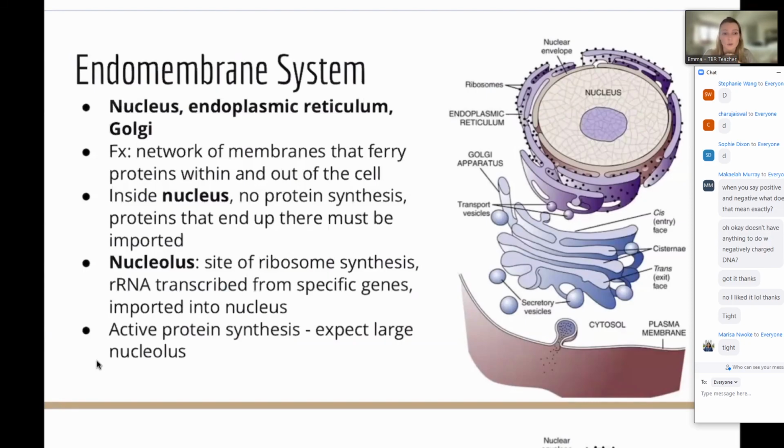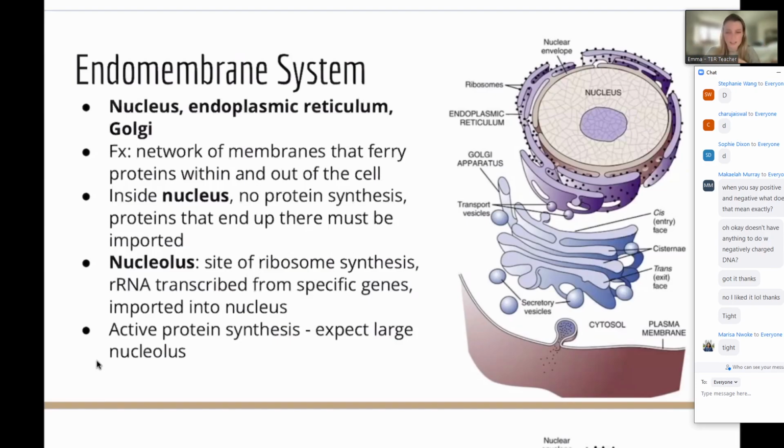We remember that inside the nucleus, no protein synthesis can go on there. So if there are proteins that end up in the nucleus, they've been imported from somewhere else. That's an important thing to remember, because sometimes they'll say, oh yeah, there were some ribosomes inside the nucleus. Well, if they're there, they've come from somewhere else. And so the nucleolus is this zone of ribosome synthesis. Anything that's part of ribosome synthesis has been imported after being made outside, which does seem contradictory because it always has to get made, chicken and the egg, but you just have to go with it.